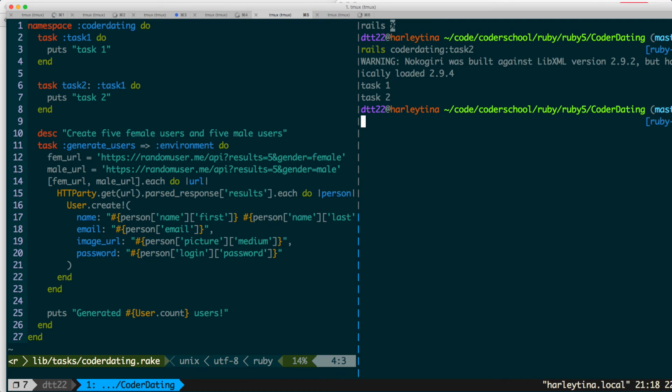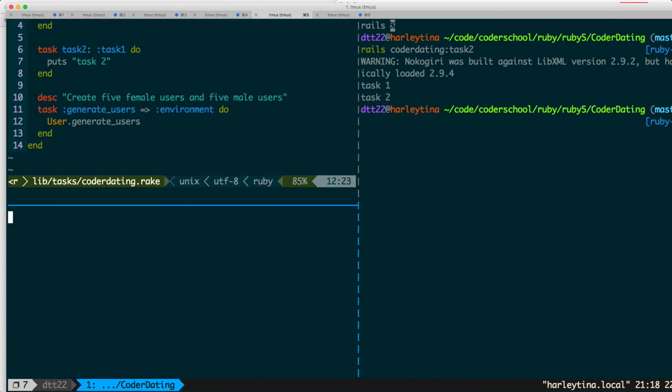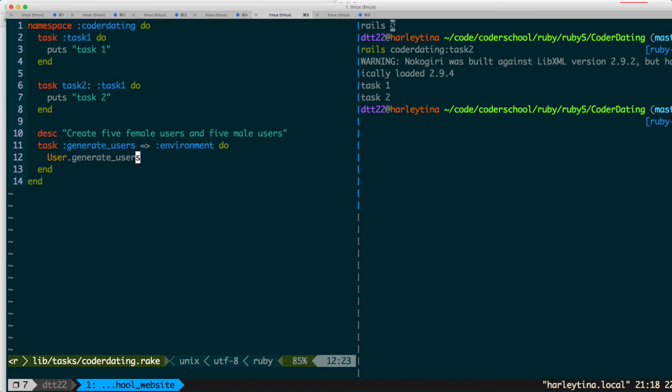Now, my recommendation: I don't like putting a lot of code in here like this because it's very hard to test. What I prefer to do is take all of these things and call a method called generate users. You can even pass in a number, right? I like to do this better. And then in my user model,